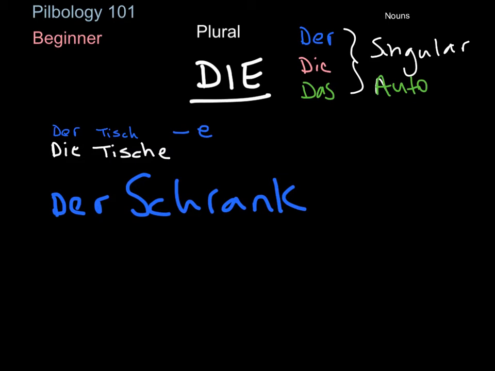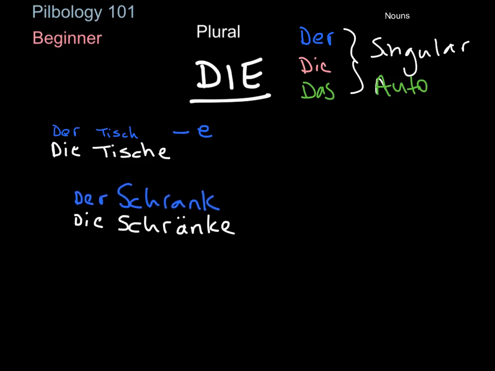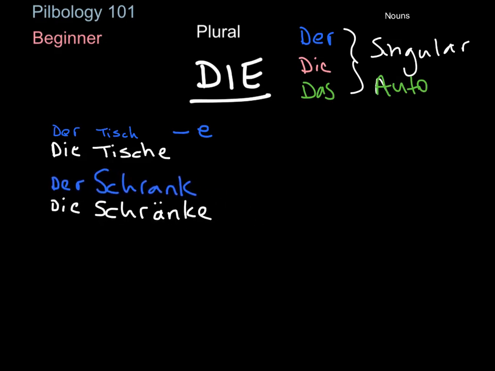The plural of this would be die Schränke. Okay, so die Schränke. So the two ways of forming a plural noun, if it's masculine,